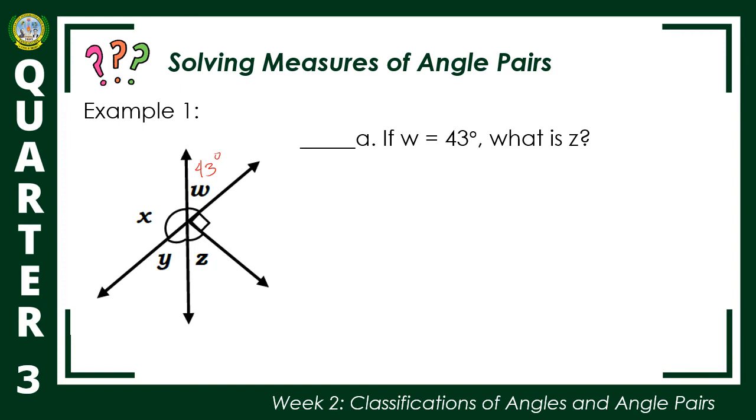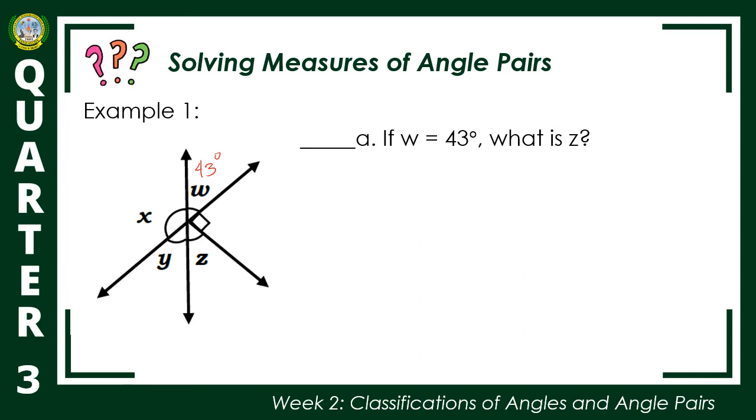So, take note po, yung W represents the measurement, not the name of the angle. Okay? Same with Z, Y, and X. Ang nire-represent po nila is yung measurement, not the name of the angle. So, wala pong particular name yung angles natin. But we can still solve their measurements. Okay? So, ang given dito, 43 yung W. Ang nawawala ay Z, or the